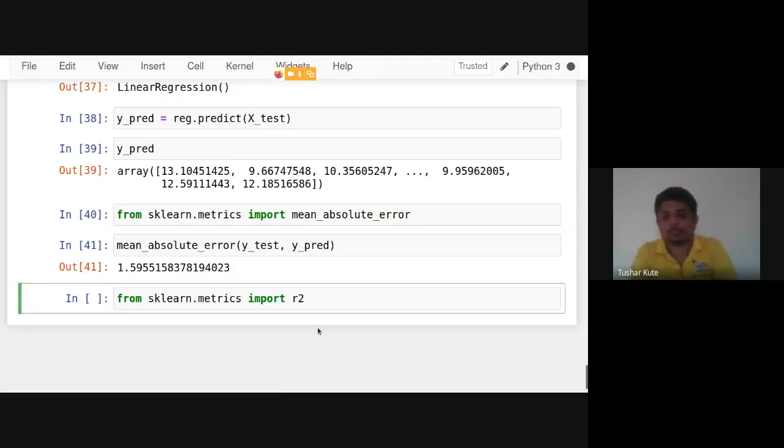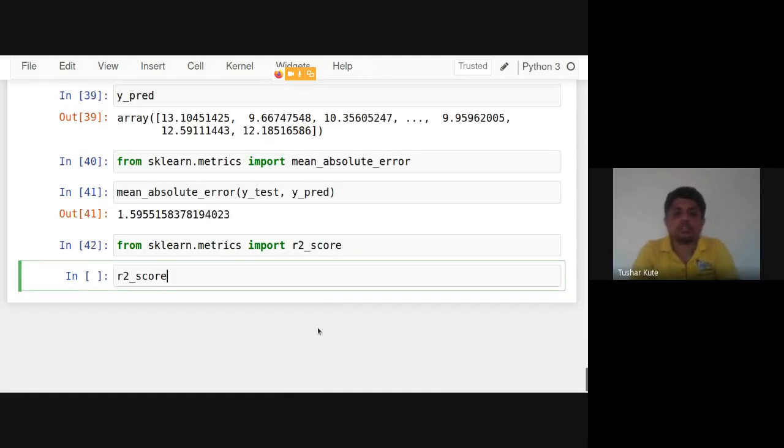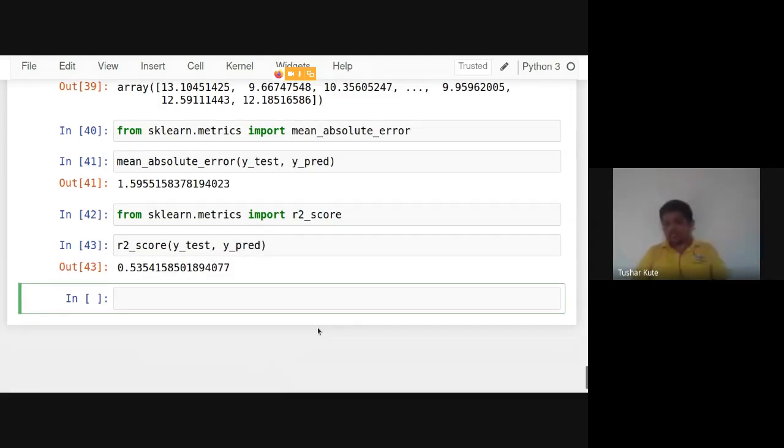It's called the R2 score. Check the R2 score for y_test and y_pred. This is 53% actually. That's the result the regression algorithm is generating. 53% are correct, that we can see. That's our conclusion from the R2 score.